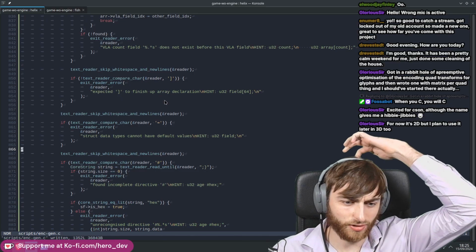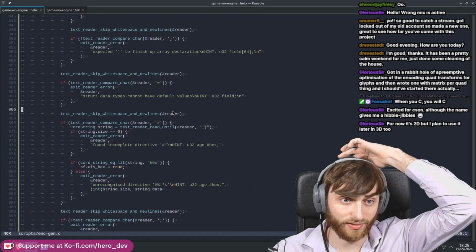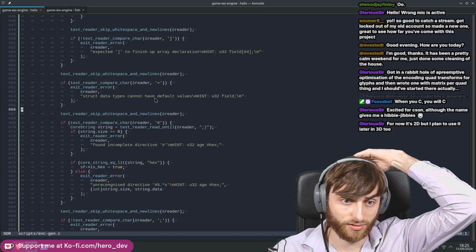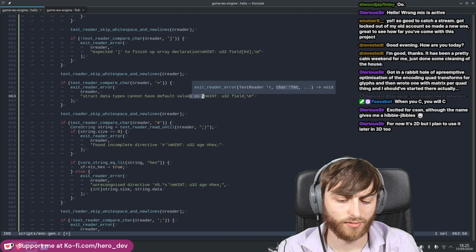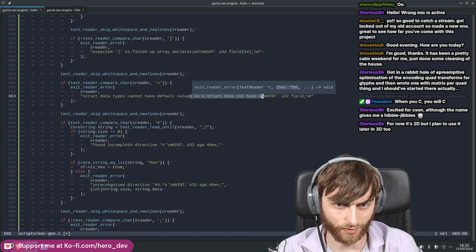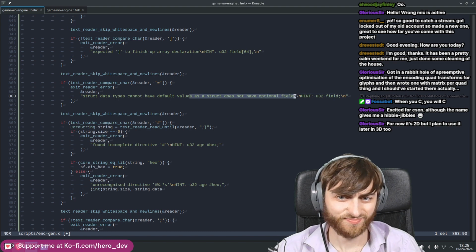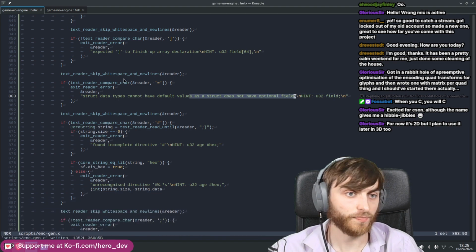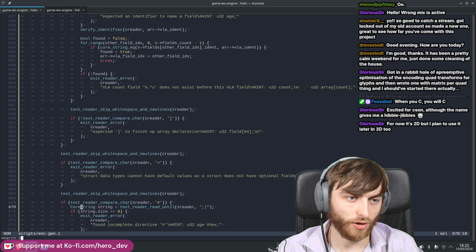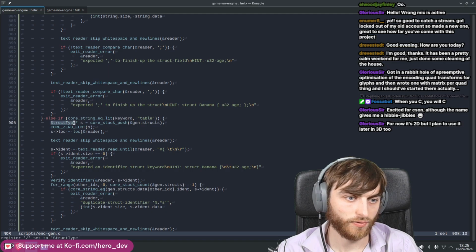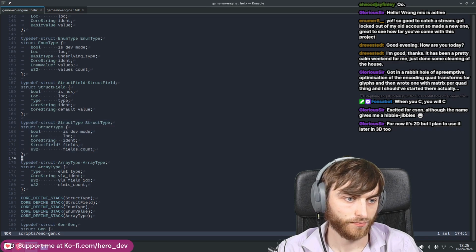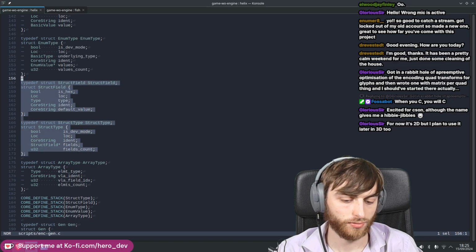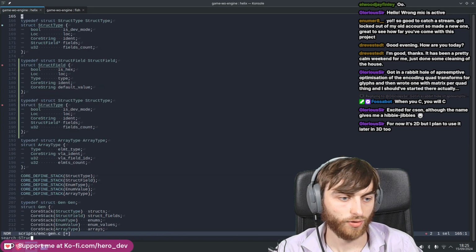Right. So that's the strut one adjusted. So we'll complain and say we can't have any default values as a strut does not have optional fields. So when we have that strut type thing, this thing, we'll just copy paste it. So I guess we'll do something like that, right? Strut